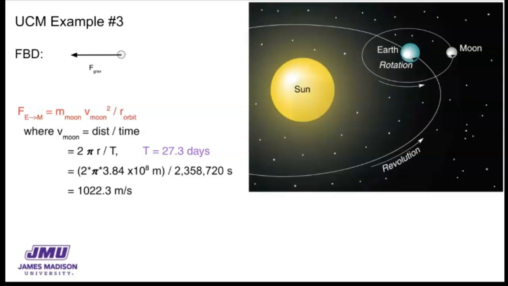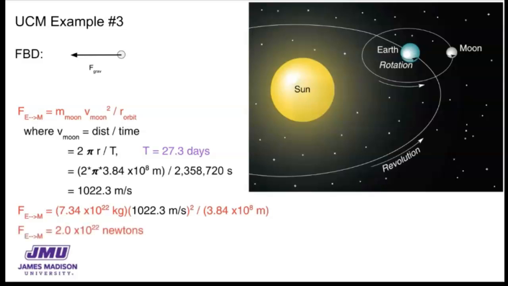I can take that speed of the Moon and put it back into that red equation up there and say that the force that the Earth exerts on the Moon to make it go in a circle is the mass of the Moon, which was given to us in the problem, times the speed of the Moon, which we just calculated, squared, because the acceleration in circular motion is v squared over r. And then our r goes in again. That's our radius of our orbit. And so this all comes out to 2.0 times 10 to the 22nd newtons,